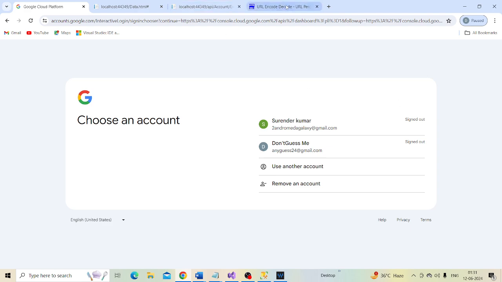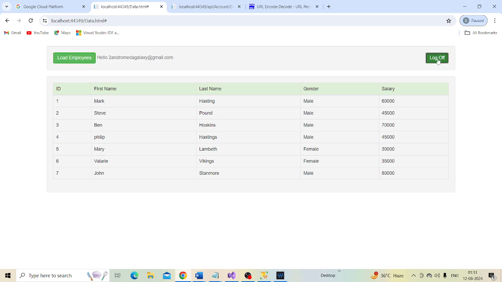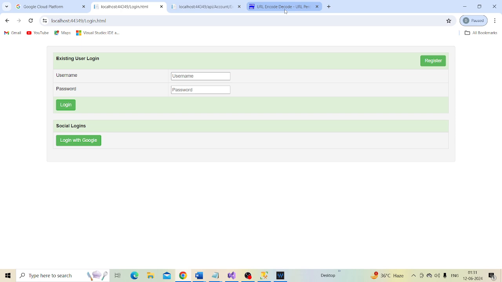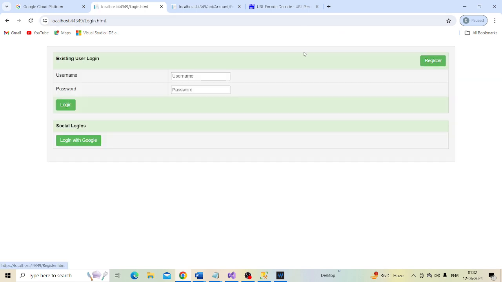So I have already logged out, and we need to log off from here. At this point, we click login with Google. But it is showing me I am not logged out from that email ID.